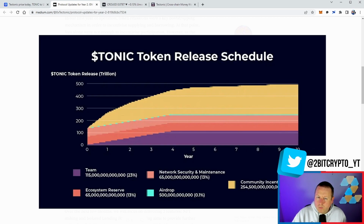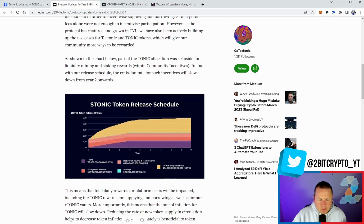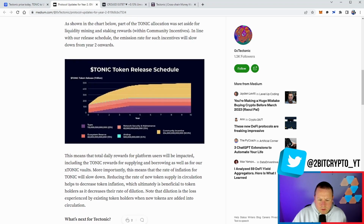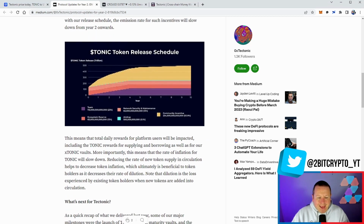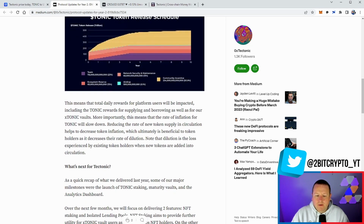Now, interestingly, the one that always comes up is the team tokens at 23% of the supply, which is always a point worth referencing if you are looking to get into Tectonic. It says this means that the total daily rewards for platform users will be impacted, including the Tonic rewards for supplying and borrowing, as well as for Tonic vaults. More importantly, this means that the rate of inflation for Tonic will slow down, reducing the rate of new token